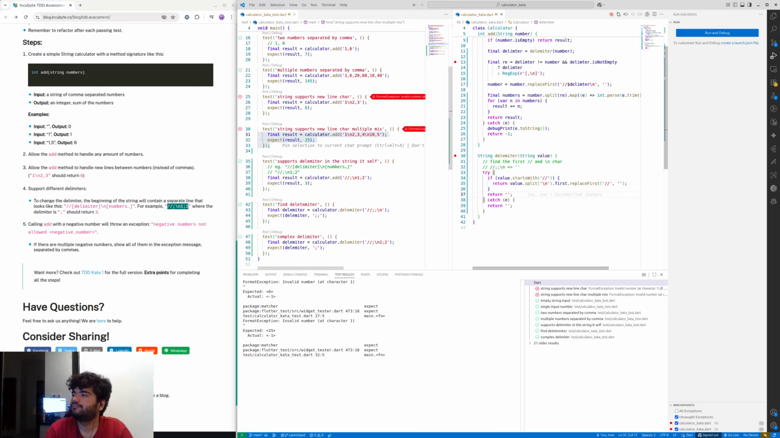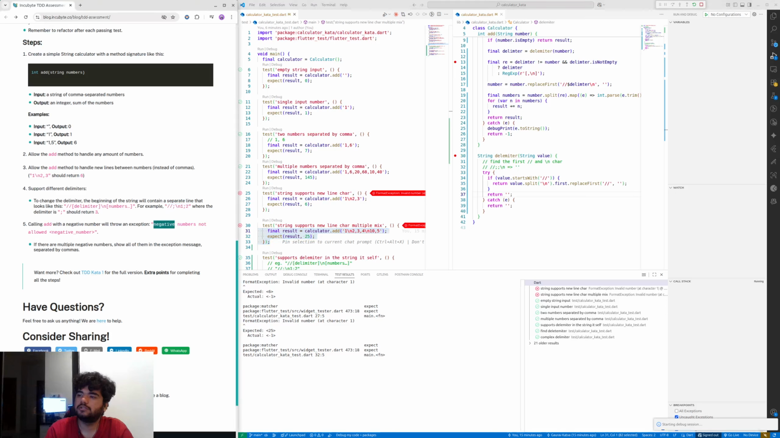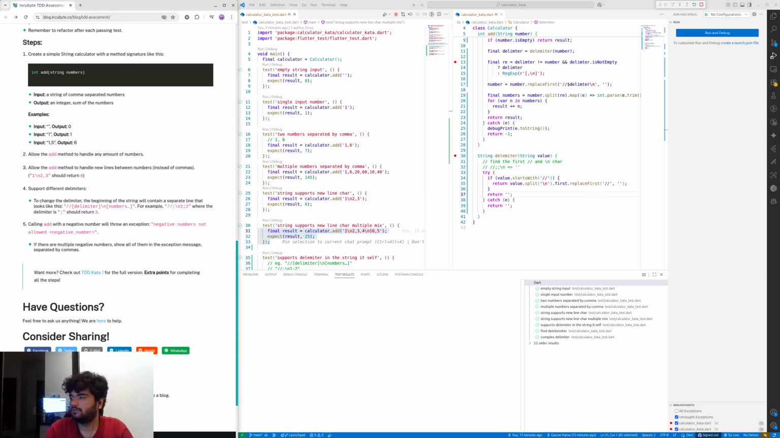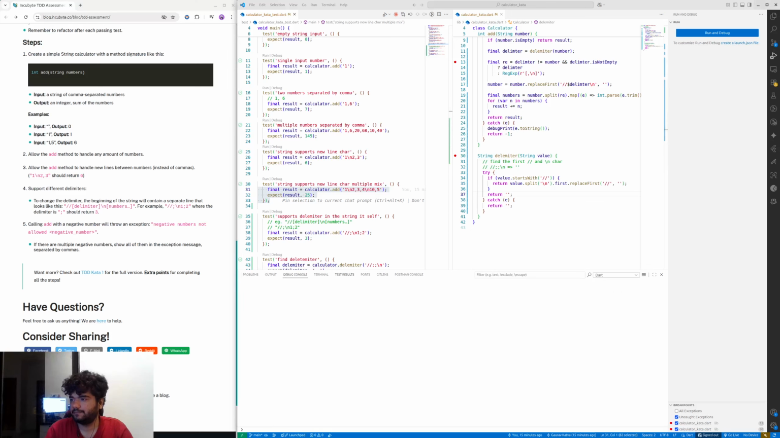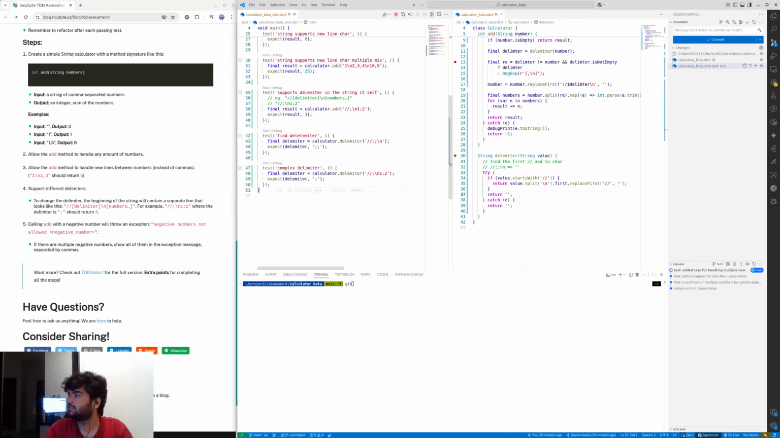Okay, perfect. Calling add with a negative number will throw an exception: negative numbers not allowed. Fine. We will add these two functions and two methods over there. Yes, looks good. Git commit: support for input string